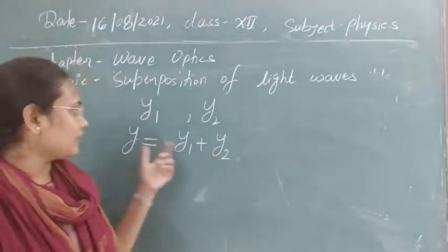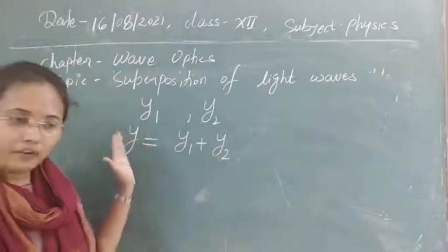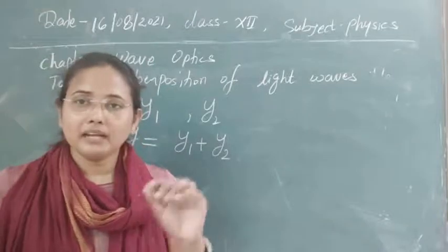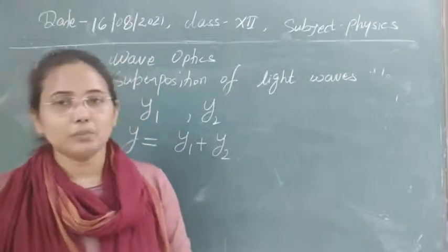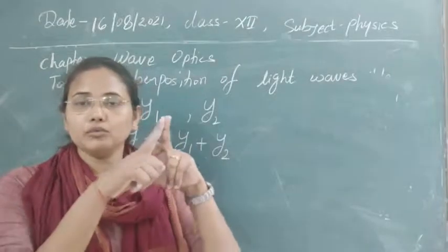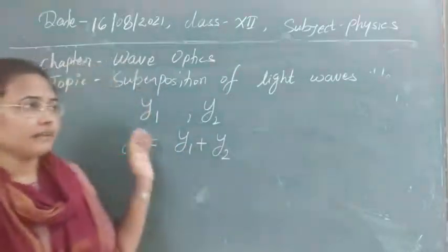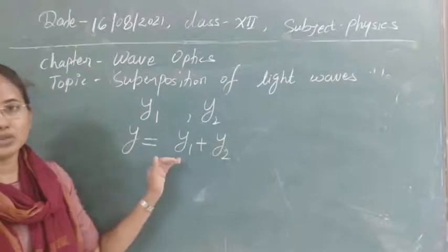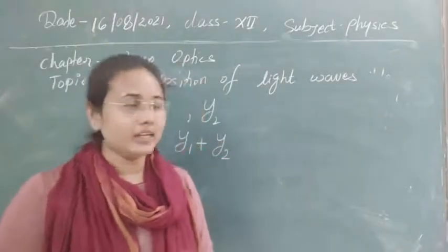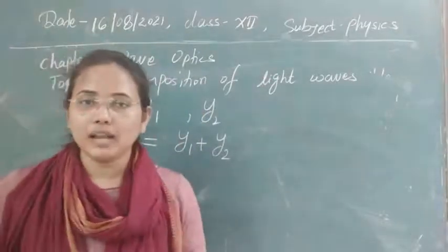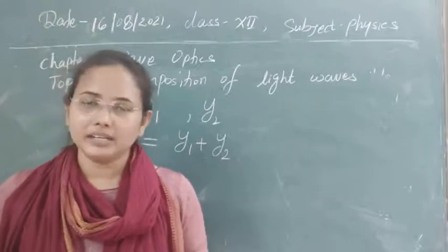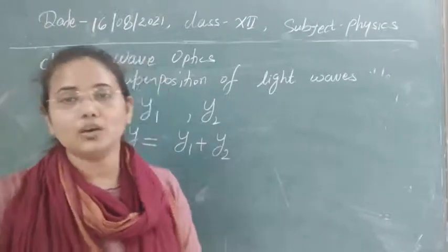Using that, you can write down the final resulting displacement that will be obtained for only one wave after the superposition. Whenever two waves are superposed, after superposition they move forward as one wave, and that one wave's displacement can be calculated using the superposition principle. The superposition of light, as I have told you already, is the mixing of two or more light waves, and after that we obtain one light wave that can be of greater or lower intensity depending on the situation.